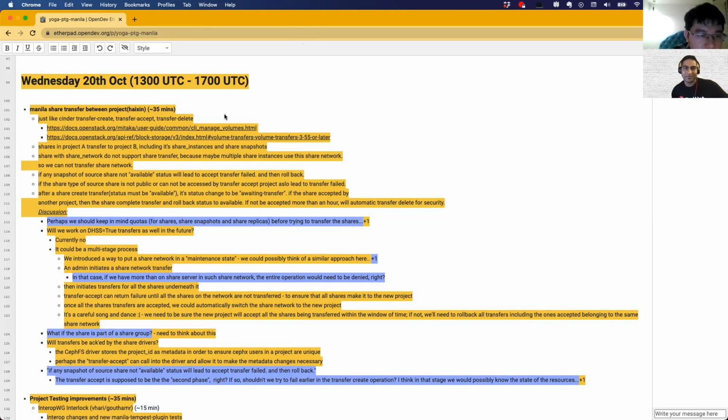Yeah, I think we should take some time to think about that. That means we make a new feature to transfer shared network. Yes. If we transfer the shared network, that means we transfer all the shares on this shared network one by one until all the shares have transferred. Then the shared network